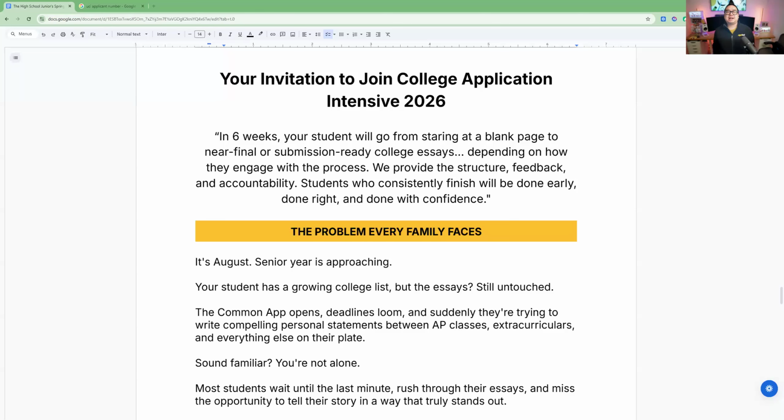Another question here, non-event related: how do you view a student's transcript that has no APs but concurrent enrollment? I'm a huge fan of dual enrollment. Dual enrollment counts as a rigorous course. So if you took a dual enrollment class, that one semester would count as a full year of AP on paper. I'm a big fan of it. But keep in mind the math still exists. If a top student is taking 4 APs, I would also expect you to take like 4 concurrent enrollment classes that year to match that rigor as well.